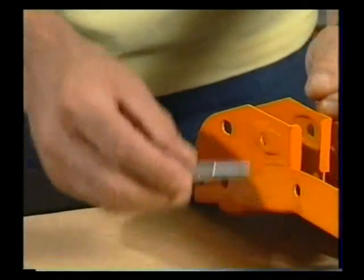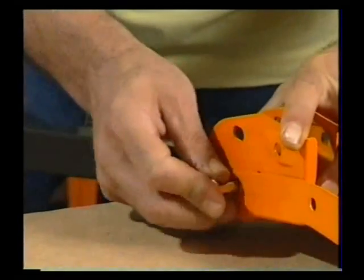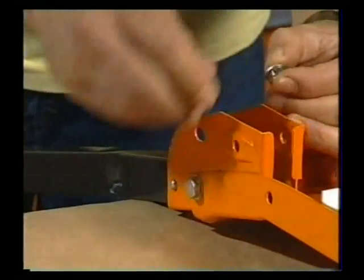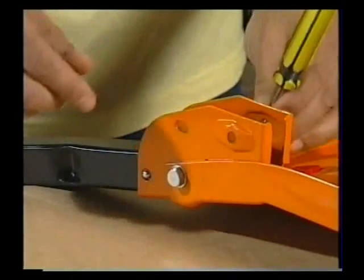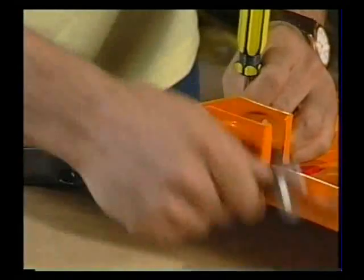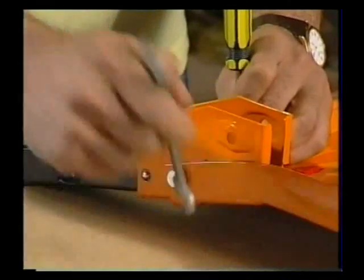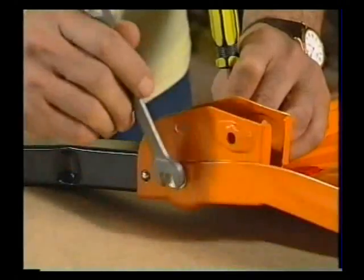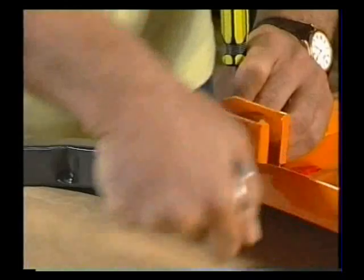Then you can take one of your longer bolts with a washer under the head, put it through this hole here, and then another washer on the inside and a nylock nut, and you can tighten it up. Your tube spanner comes in handy to hold the nylock while you tighten up from the outside. You can do these up quite tightly, not to the point where you strip the bolt of course, but do them up tightly so that the leg pivots firmly but without any rattle,